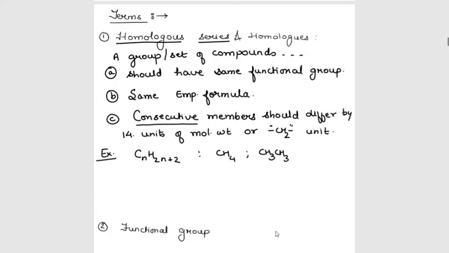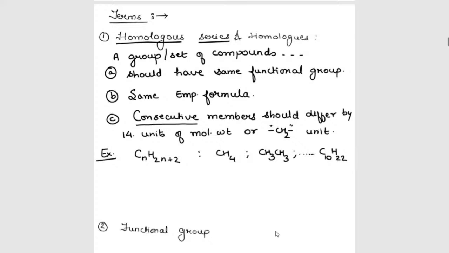I will have ethane. And similarly, if I go like this, CnH2n+2, for n = 10 I get C10H22. Let me say decane. If I go like this: methane, ethane, propane, butane, pentane, and so on up to decane. All these members, any member of this series, is called a homologue, and a continuous series is called the